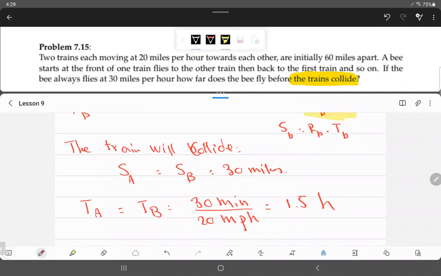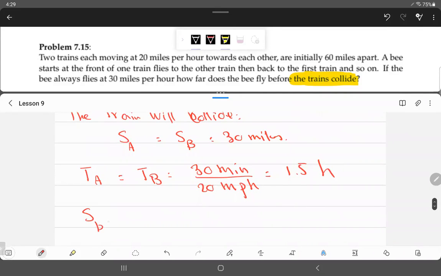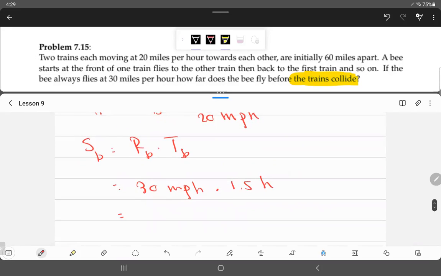So we got the time. So what is the S for B? S for B is R for B times T for B, right? Her rate is 30 miles per hour. The time is 1.5 hours. So 30 times 1.5 is 45 miles, which is